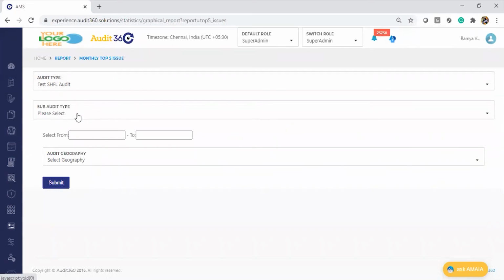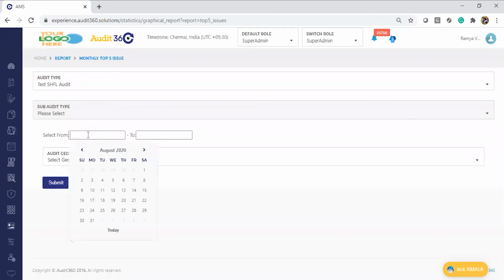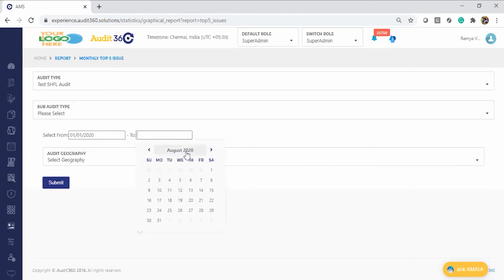If your audit type has any sub-audits, you can even select those and run against it. For now, let me run at a parent audit level. I'm choosing the date range, maybe January to August 20, and I'll run it.